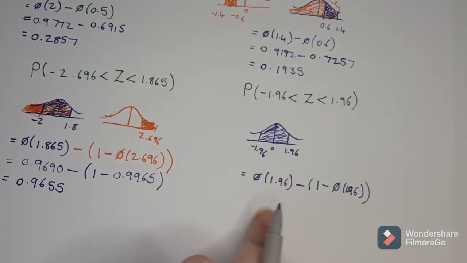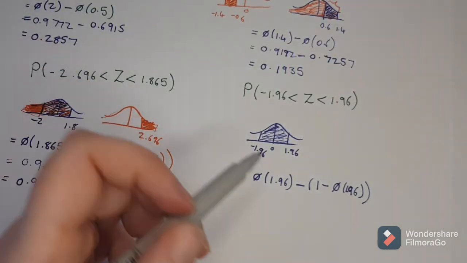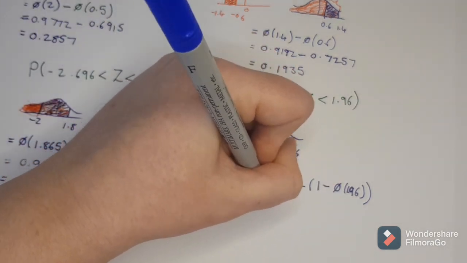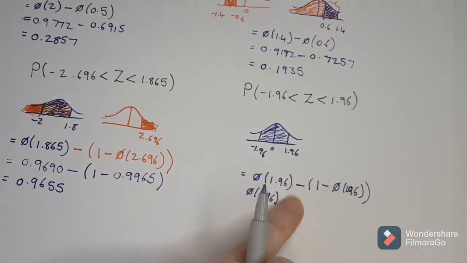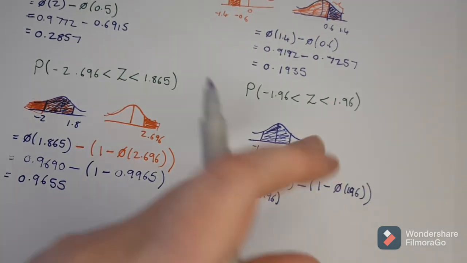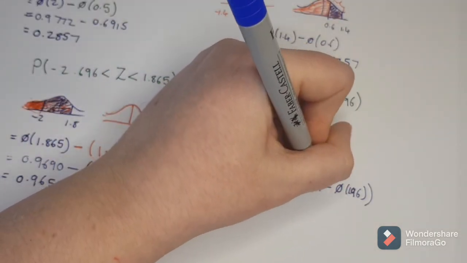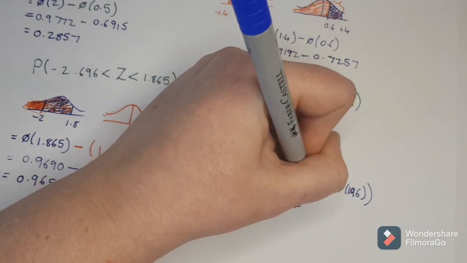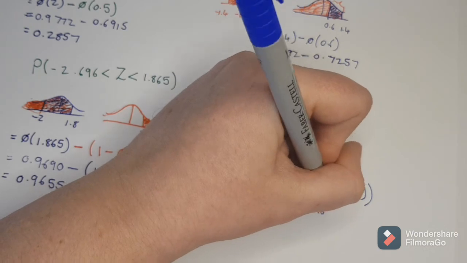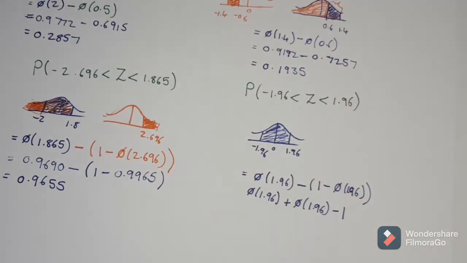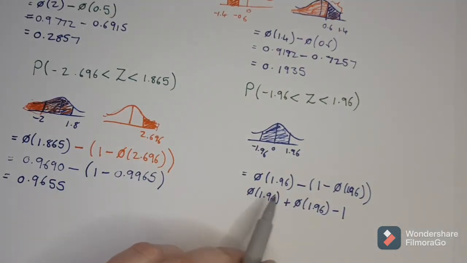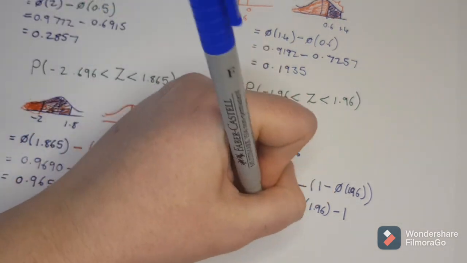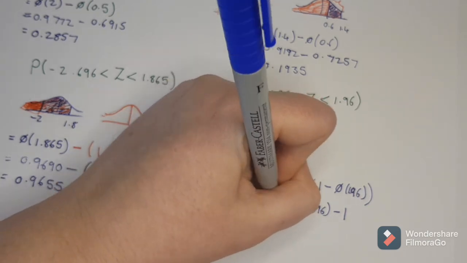So now if I look at that, what that is saying is I've got my 1.96, and if I put the negative into the bracket, that's minus 1, but negative and negative means that's plus my other 1.96 minus the 1. So now that plus that is the same as saying 2 times my value